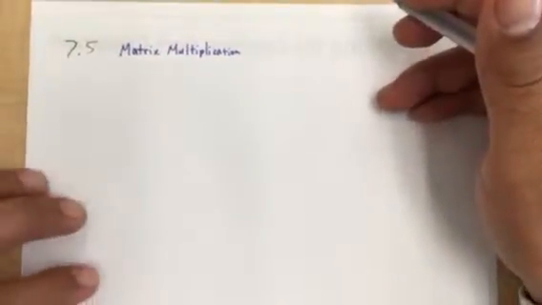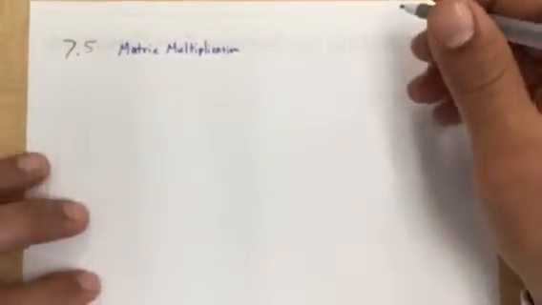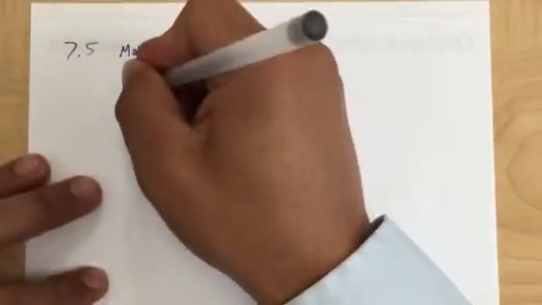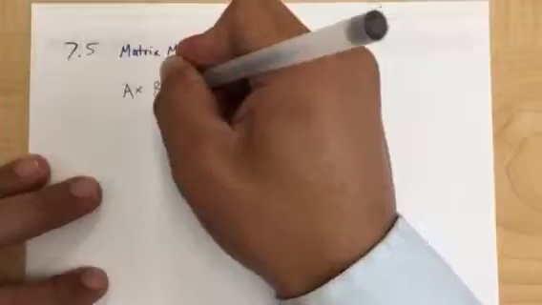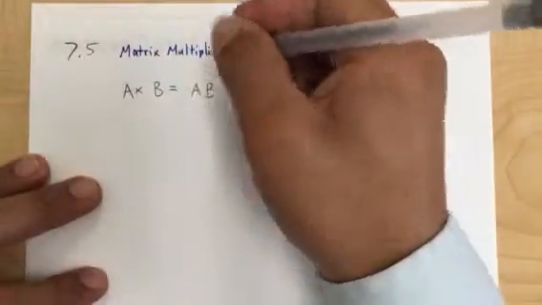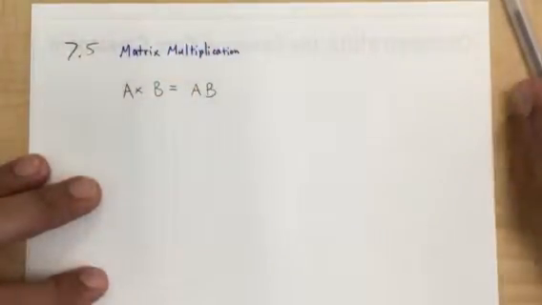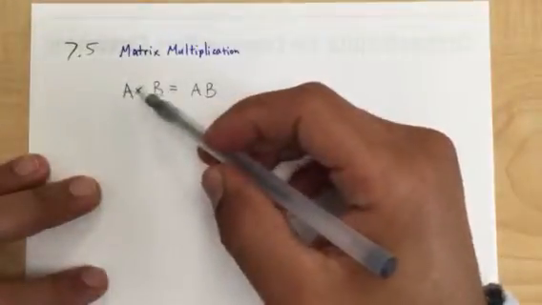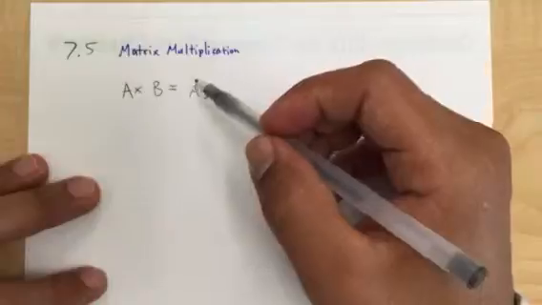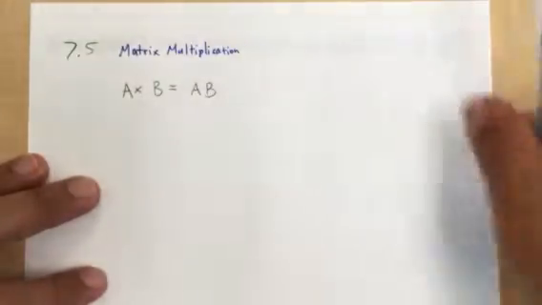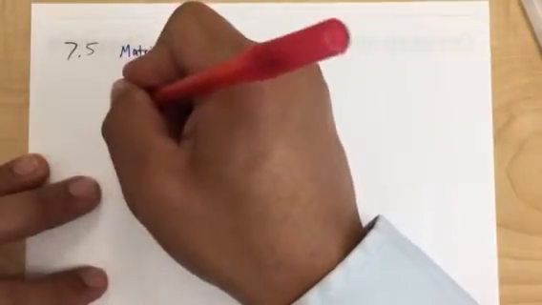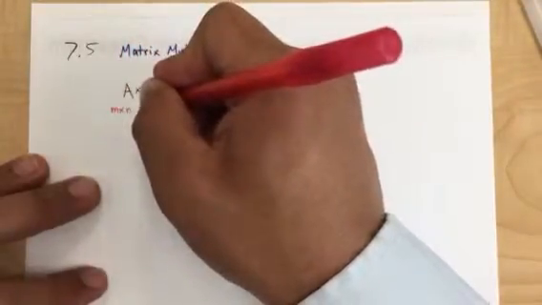Okay everyone, this video is on 7.5 matrix multiplication, and one thing that you guys can probably use to help you is to write this down. So A times B equals AB. This is just if you have a matrix A times a matrix B, it's going to equal AB. But what helps you is that if you write the order of each matrix, such as M times N and